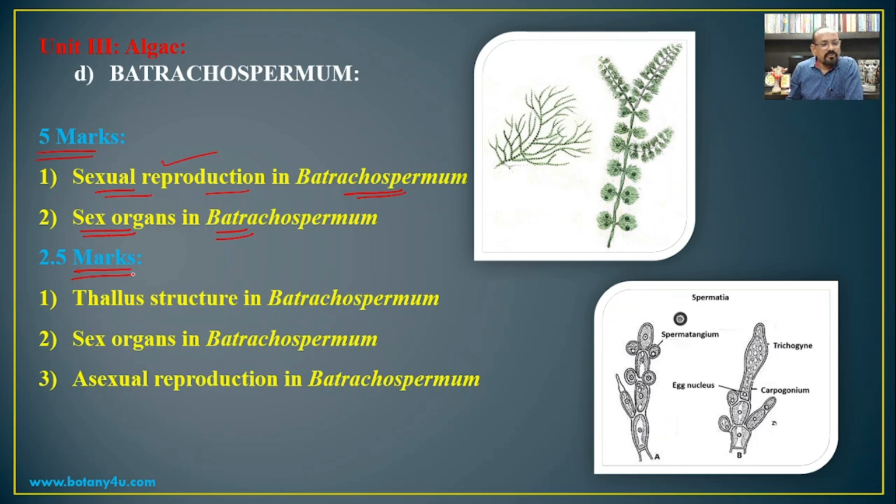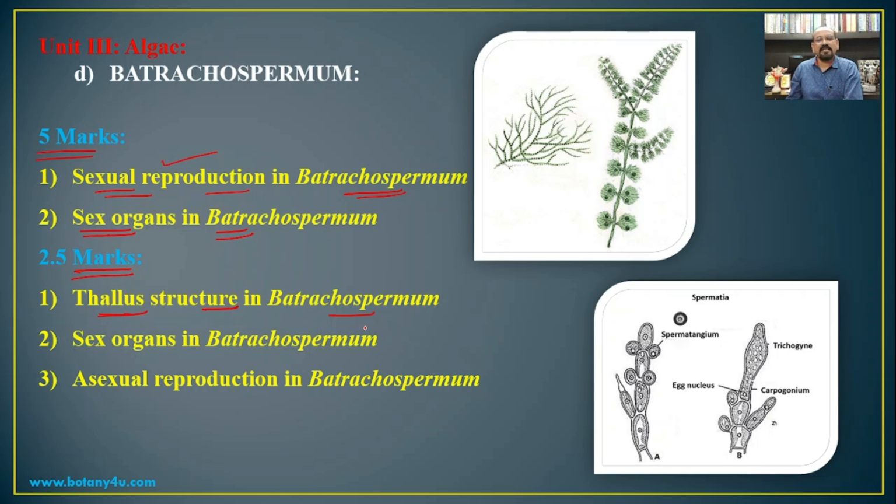Then in case of the 2.5 marks, there is a question on the thallus structure in a Batrachospermum. Just like that of the Chara, here also the type of the branches in Batrachospermum are branches of limited growth and the branches of unlimited growth. In Chara, there is a development of the branches of limited growth in one direction, but here in case of Batrachospermum, the branches of limited growth develop on all the sides, and because of that there is a formation of a globular structure around each node, and that is known as the glomerule, which is frequently asked for 1 mark